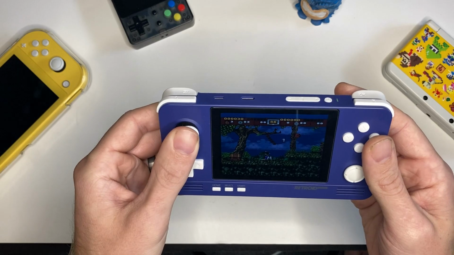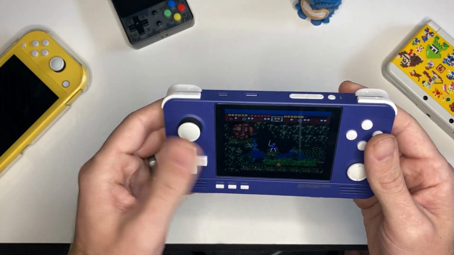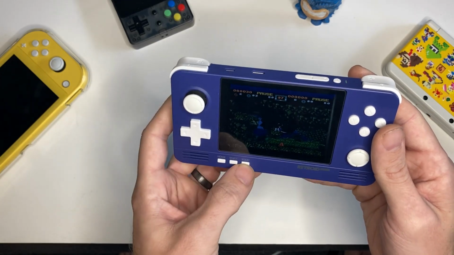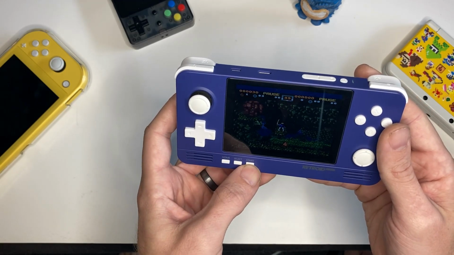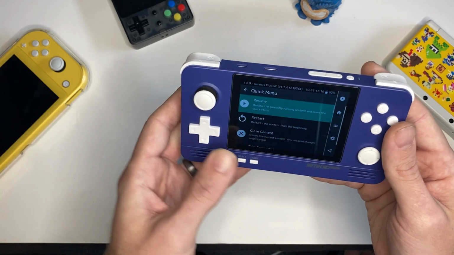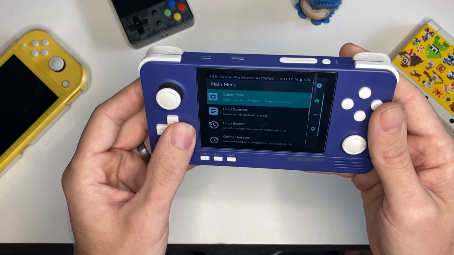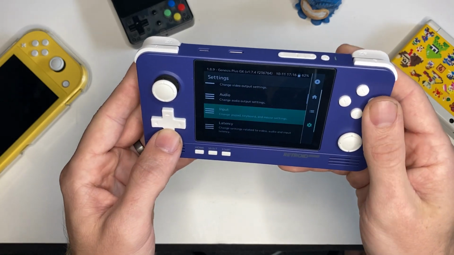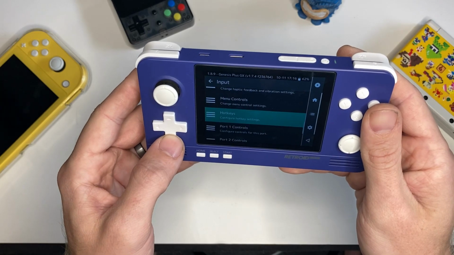And something else that you can do too, as you see here, my left analog is not working for movement, whereas my D-pad does. So if we click pause and then we press and hold start. Okay, that's going to open up our menu. If we go back, I just want to make sure I'm in the right place. If we go down to the gear icon for the settings and we go to input, if we scroll down,